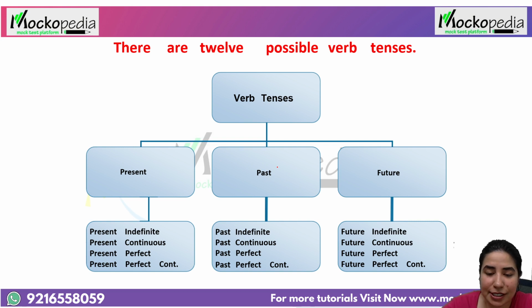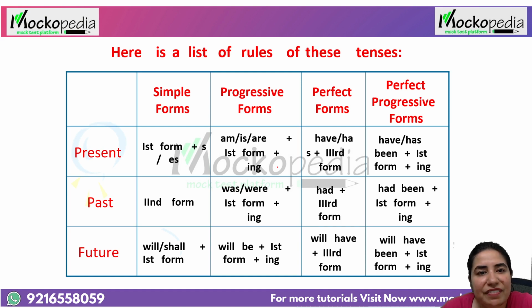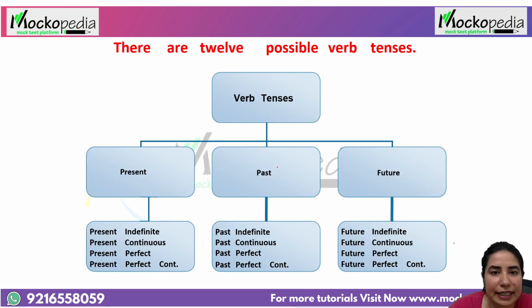So let's further see. Now, it is very, very important for us to understand how these sentences are formed. So this is exactly presenting that list. Let me elaborate it an easy way for you. So let's start with the present one. So if we talk about the first category,